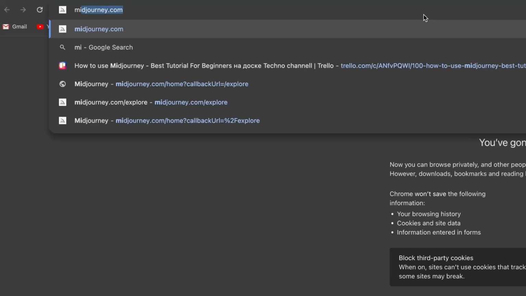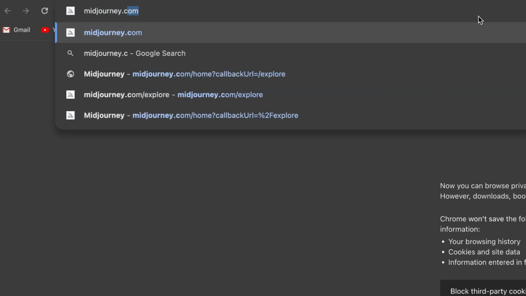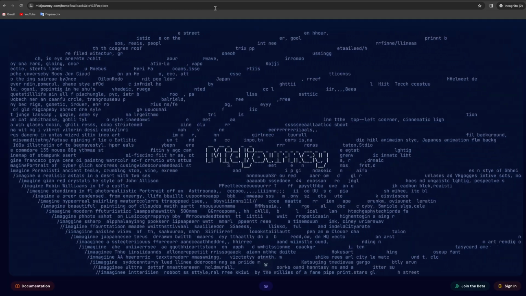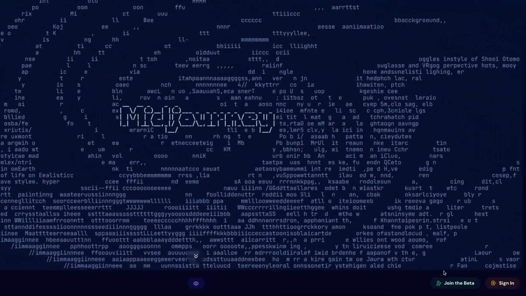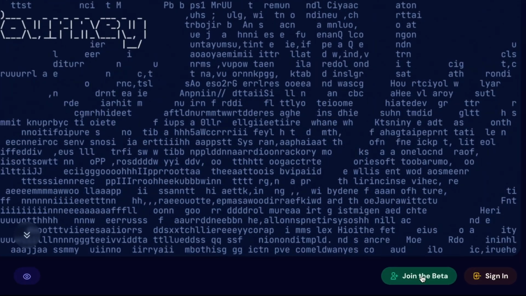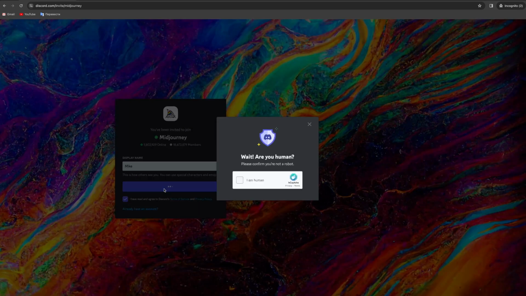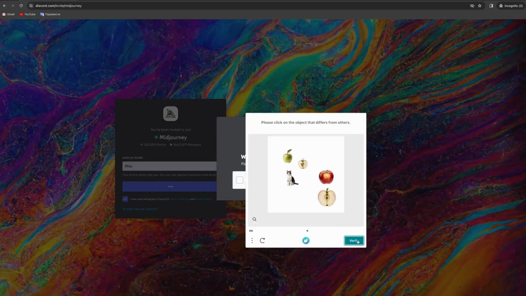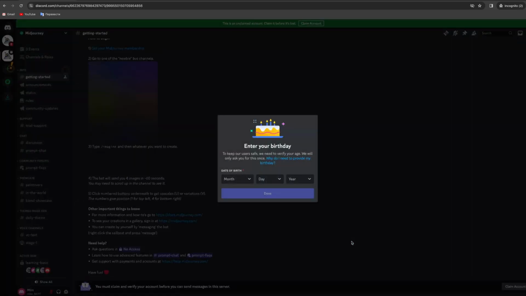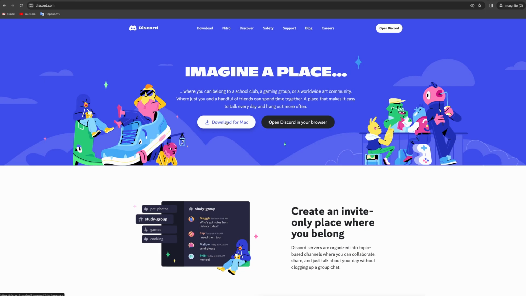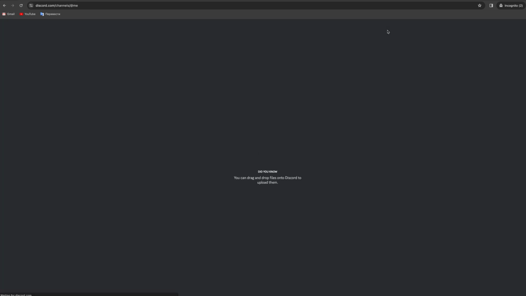The first thing to do is go to the Midjourney website at midjourney.com. I've duplicated the link in the description. Now we need to register here. To do this, click on the Join the Beta button, and we'll be redirected to Discord's website because Midjourney operates only within Discord. Everything here is quite simple. Fill out what's asked of you, pass a simple CAPTCHA, and you're in Discord. By the way, for your convenience, you can download Discord directly to your PC or continue using the browser version.